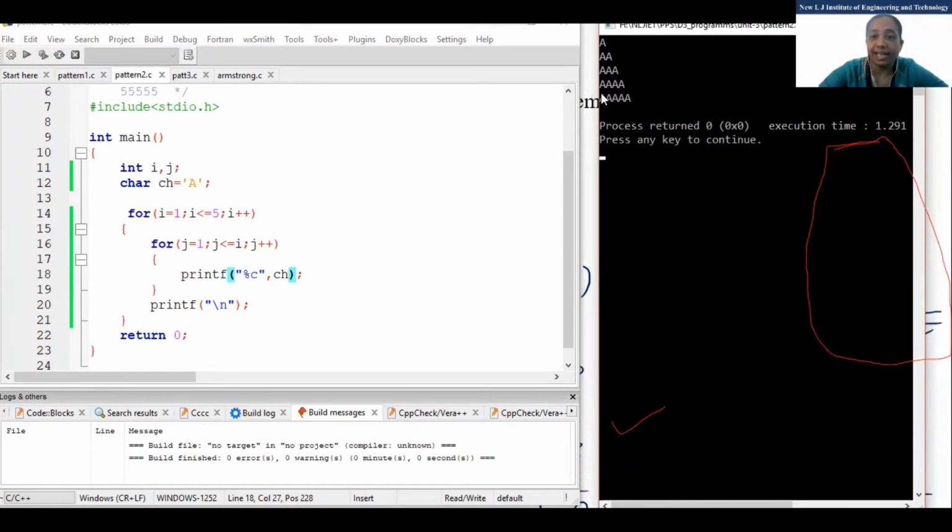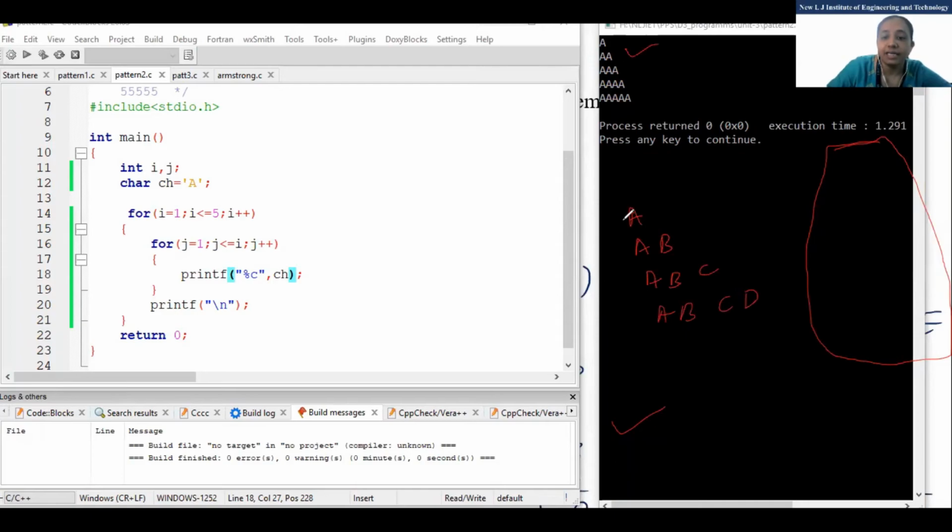But now what I want is A, then B, then C, D like this. So what is the change required? Can anyone tell me?